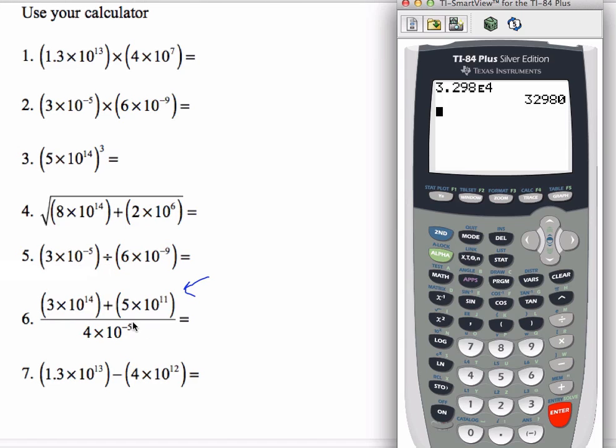So if you have a big giant fraction like that, I like to use alpha and then this number over here. So the first one here gives you a fraction. Alright, so you can type it all out almost exactly what it looks like. Now you don't technically need the parentheses, but I'm going to put them in there anyway. So 3, now we don't need times 10 to the power of 14, I'm going to do e. Okay, it says e14